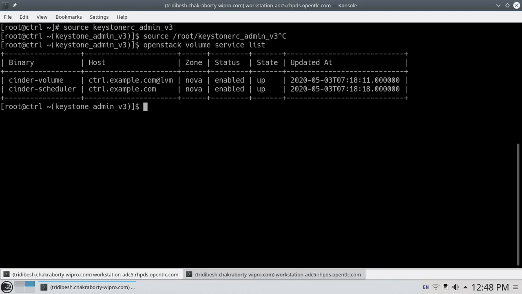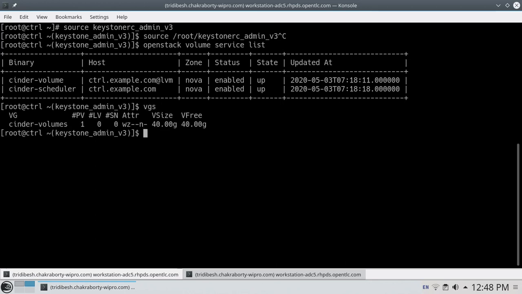Once you run this command, openstack volume service list, it will show you the type of Cinder volume. You can see there is one Cinder volume of type LVM already configured with our OpenStack platform. If you remember, when we installed OpenStack using Packstack, we created one local LVM volume group. In the Packstack answer file, we selected not to create any Cinder volume, so it took this VG as a backend Cinder volume.